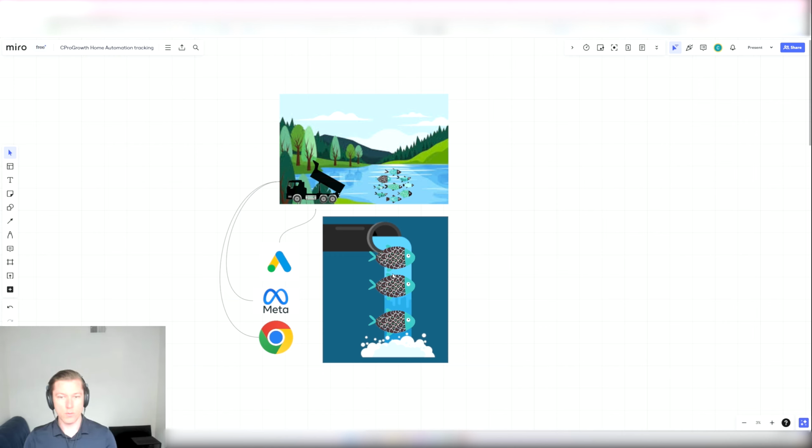And so we don't know exactly the circumstances of each one of these fish or each one of these customers. However, we do know that the more of the fish that are converting that we stockpile into the lake or the ecosystem, the better it's going to be, right? And so what people tend to optimize for too much inside of these platforms is conversions, right? Everyone just says, we're getting conversions, let's lean more into it, keep going.